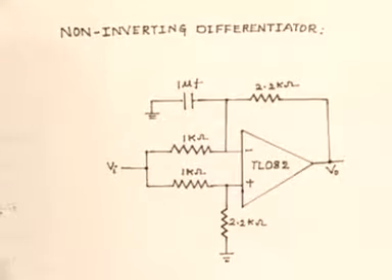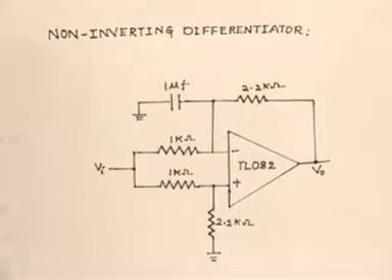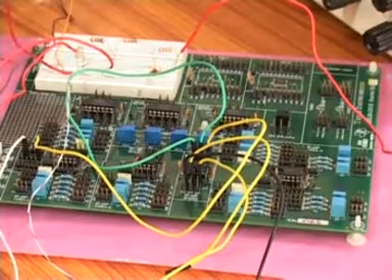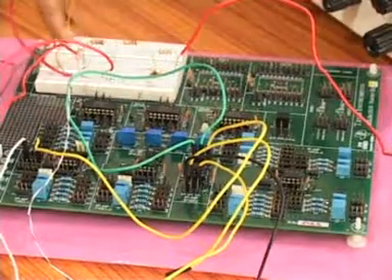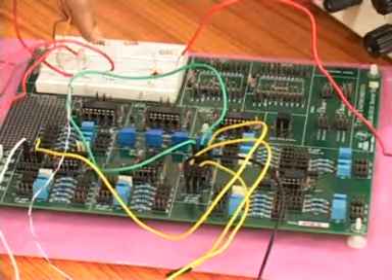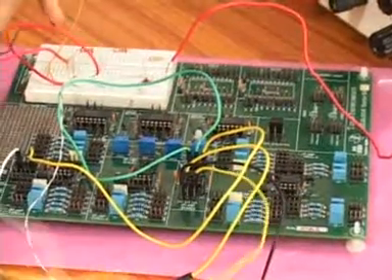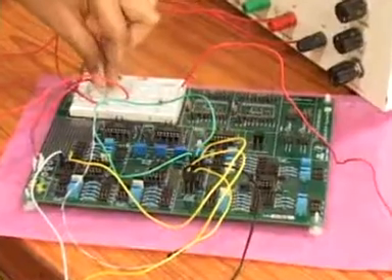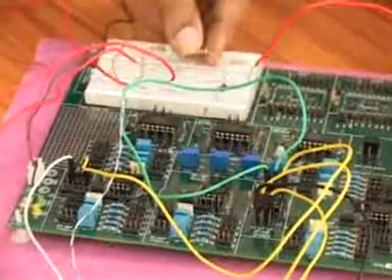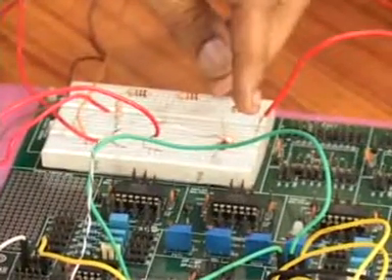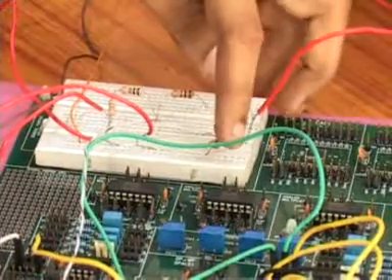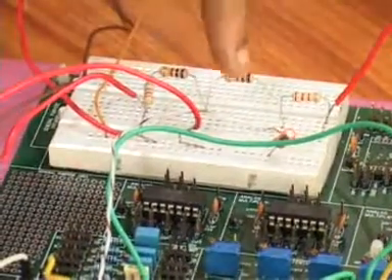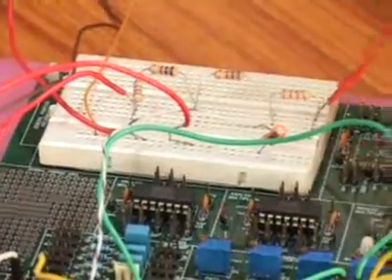The circuit diagram of the problem statement is as follows. It is using a TL082 op-amp. Initially, we connected a resistor of 1 kilo ohm in series with 2.2 kilo ohm, and the combination of this is given to the non-inverting terminal pin 3, and the other end of the 2.2 kilo ohm is grounded. Then a resistor of 1 kilo ohm is connected in series with 2.2 kilo ohm, and to this we have connected a capacitor of 1 microfarad, and the other end of the capacitor is grounded. The other end of resistor 2.2 kilo ohm is given to the output terminal of the op-amp pin 1.